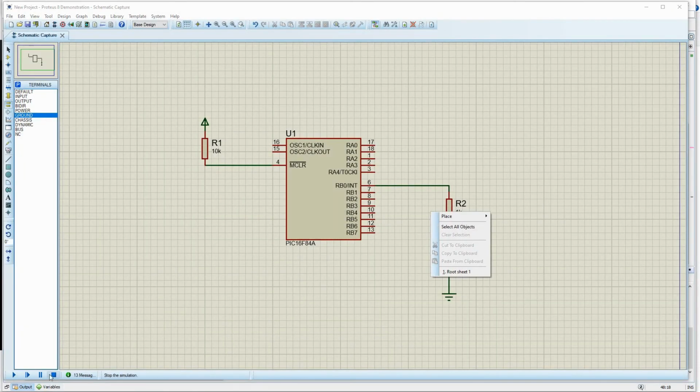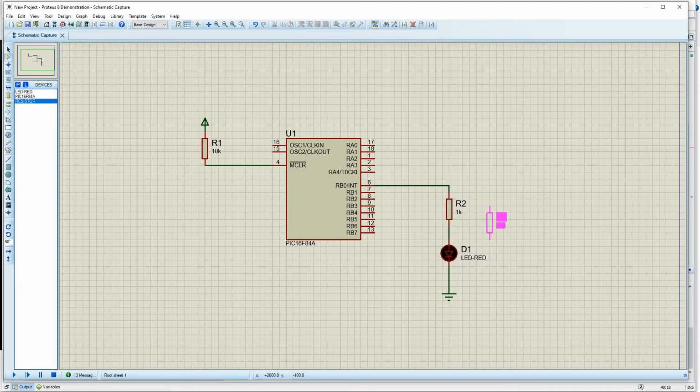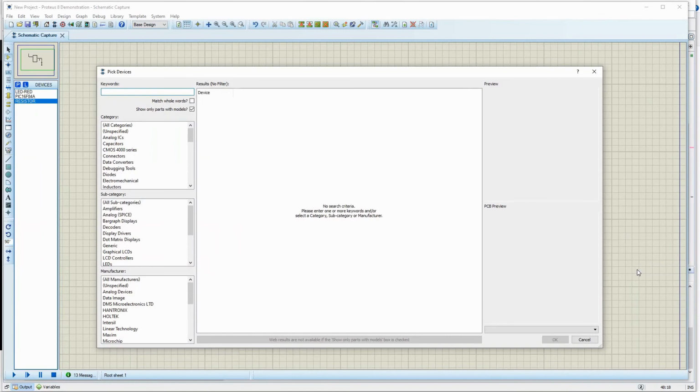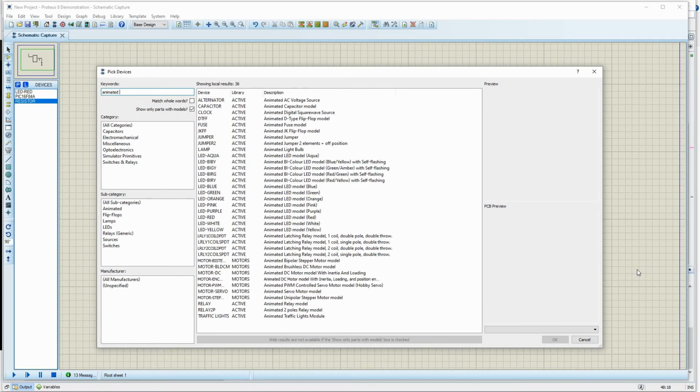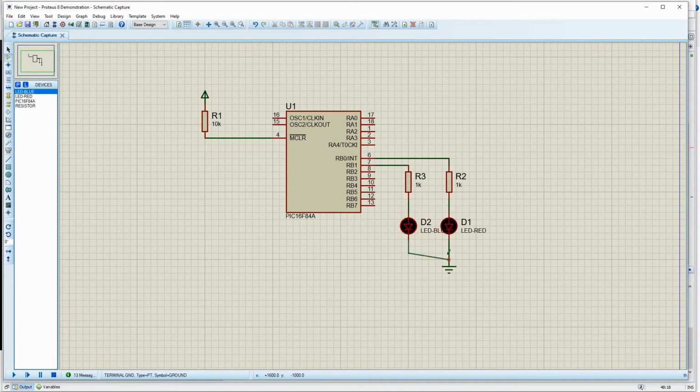Let me rig up the second LED. Let me build this.